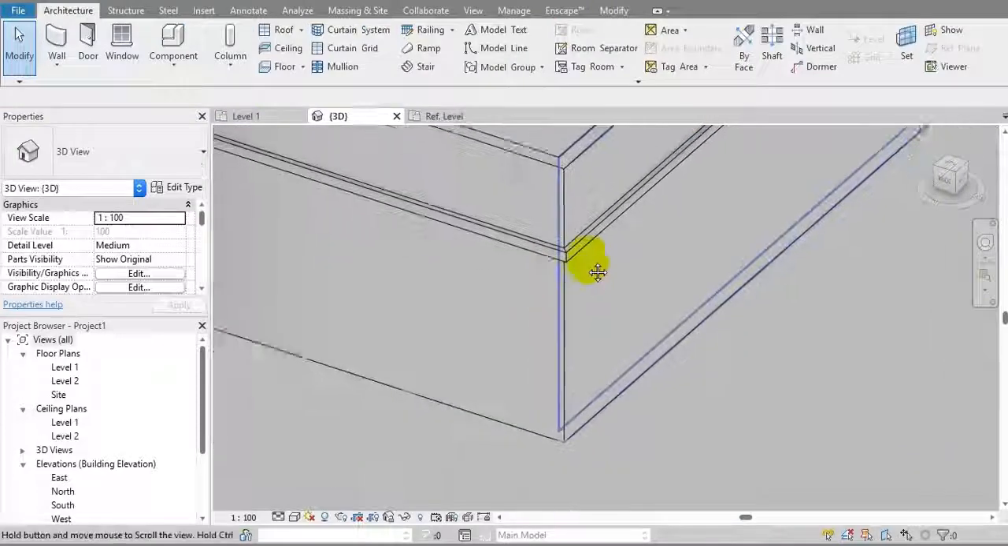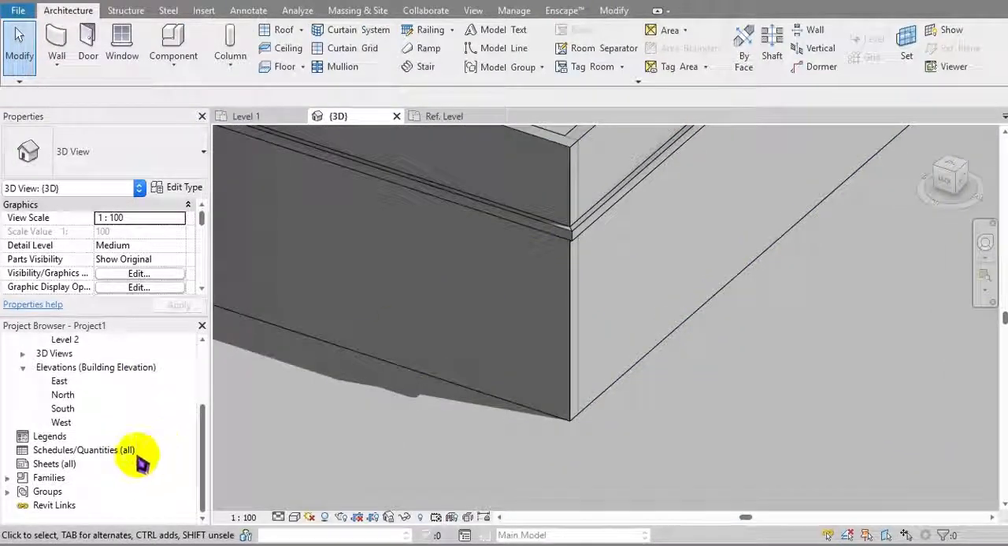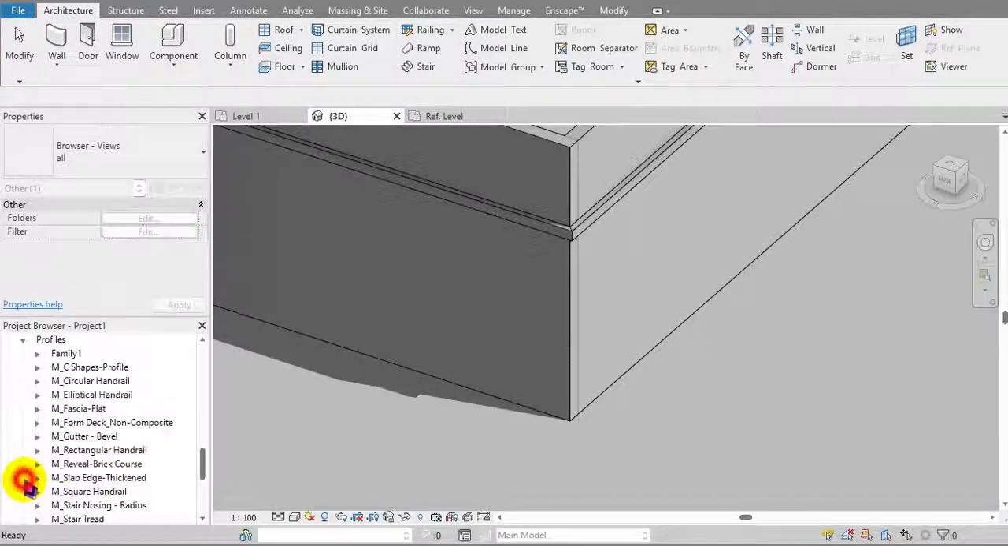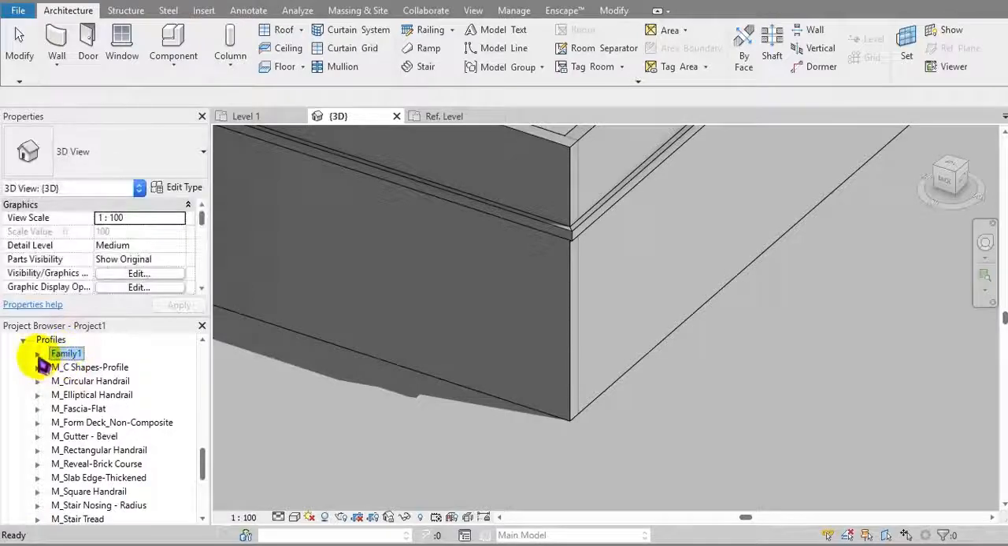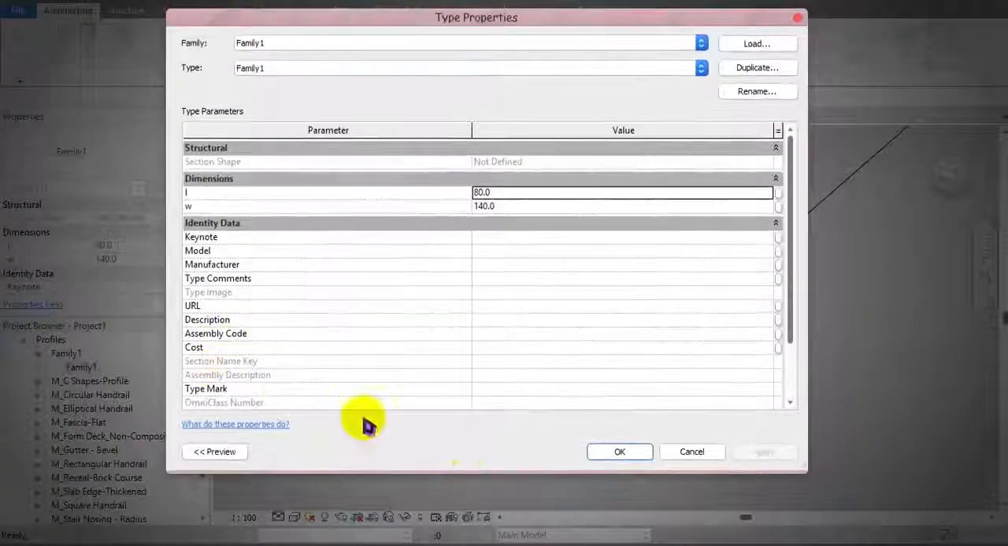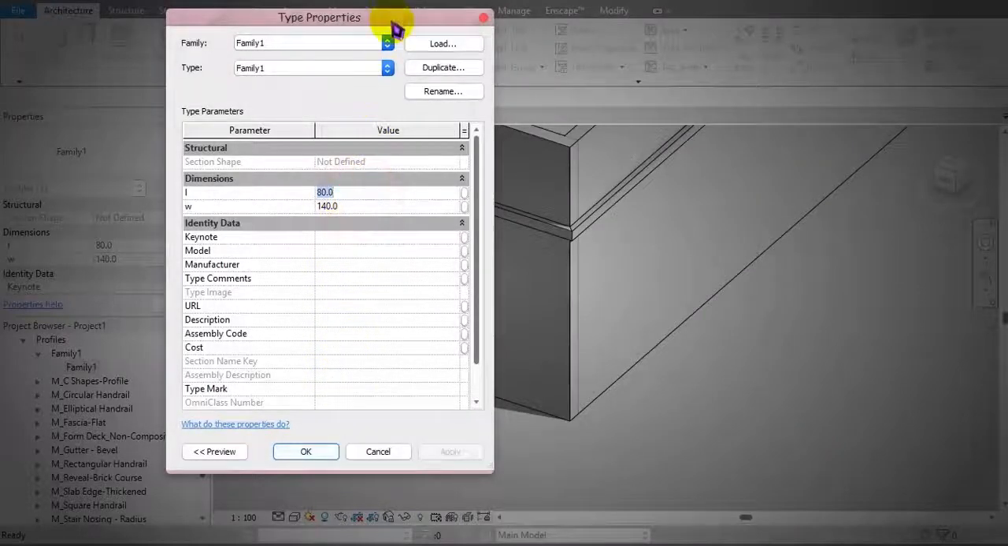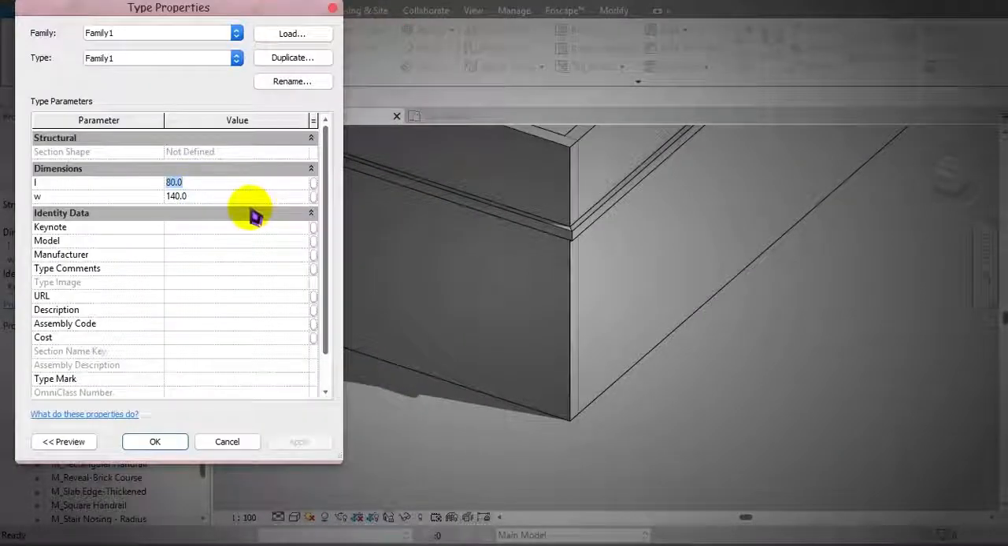Alright, there's not much difference right here. In the Project Browser, get into Families. You'll have the families which you have created just now in the profile. Family 1 is right there, and double clicking that,